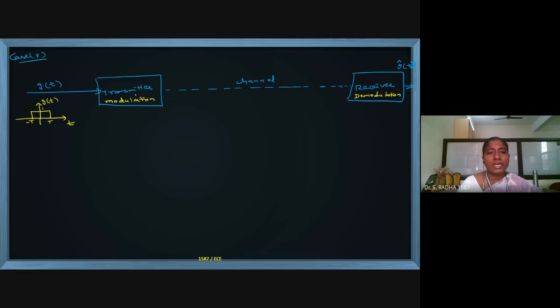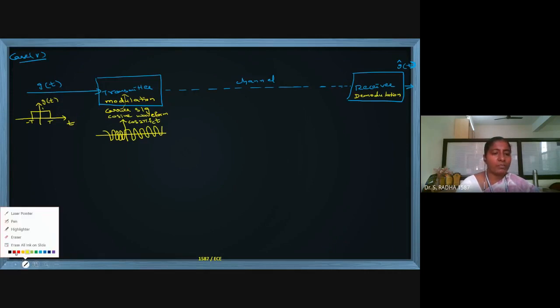And here in the transmitter, a carrier signal will be there. That is nothing but a cosine waveform. Inside the transmitter, the carrier signal will be available. How will the cosine waveform be? From the y-axis it will start. It is a continuous high frequency signal. This is cos 2 pi fct.